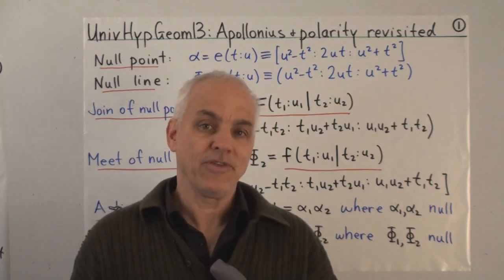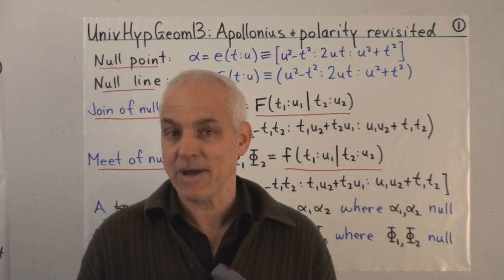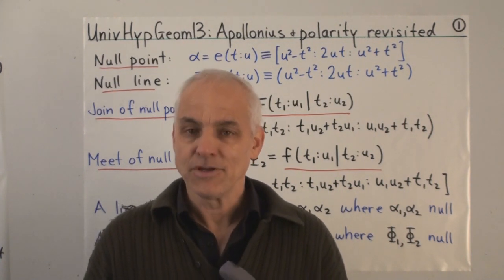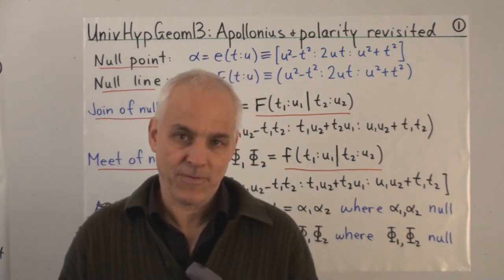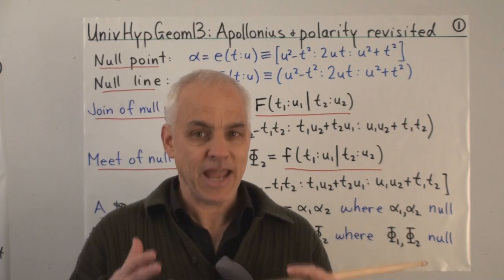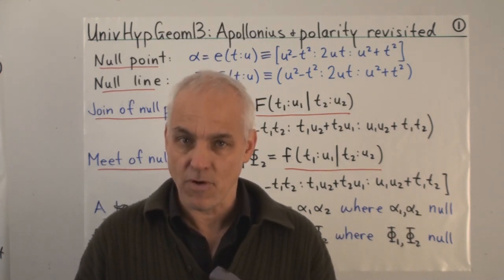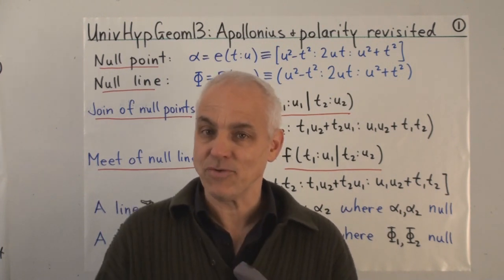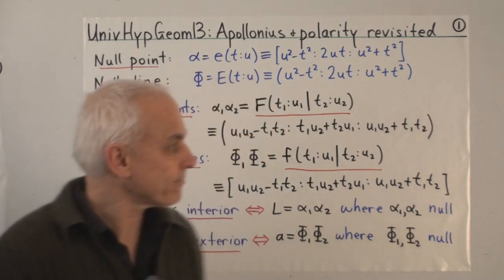which was Apollonius's introduction of the idea of the polar of a point with respect to a conic, or in our case, a circle. So there's an important theorem there that I stated without any proof. And now we have enough technology to understand that theorem and give a complete and precise proof for it. This connects our current notion of duality with Apollonius's theory of polarity.